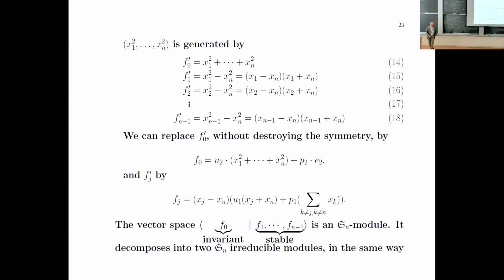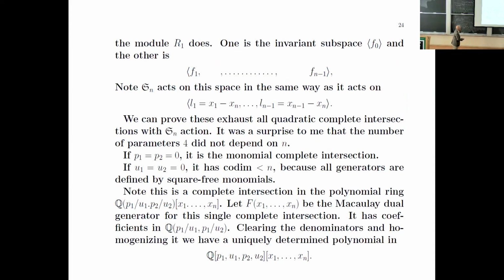The permutation representation is decomposed into two irreducible representations. One is an invariant, the other is another very easy standard representation. I'll go to the next page, 20, and I can prove that in this space,